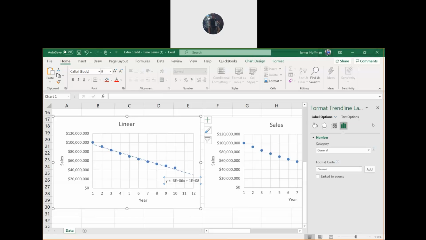Okay, then over here, just change the category to number. And you could have 0 decimals to make it a little easier to see. So category is number, 0 decimals, and make sure you got the comma separator. And then it should look like my display.